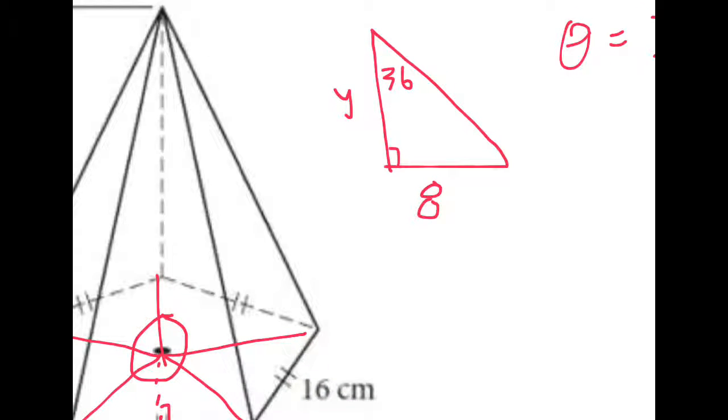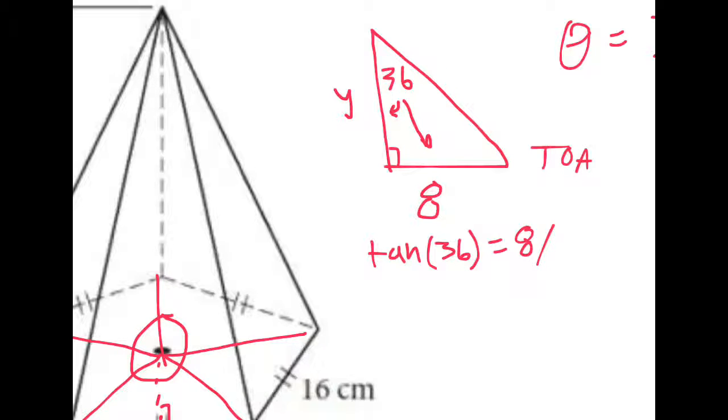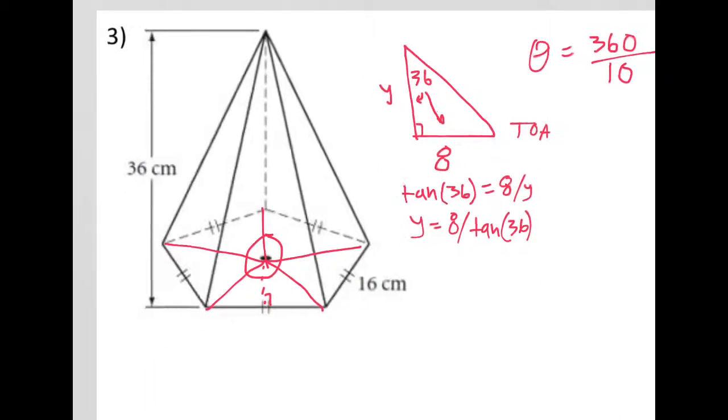from this right triangle. So from this angle's perspective, we have the opposite side, and we want the adjacent side, so that is the tangent function. So tangent of 36 degrees equals the opposite, 8, divided by the adjacent side. TOA, right? Tan is opposite over adjacent. So we need to solve for y, so we need to multiply by y on both sides and divide by the tan of 36. So we get y equals 8 divided by tan of 36, which we will use for